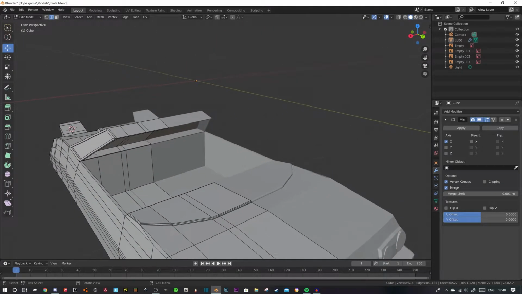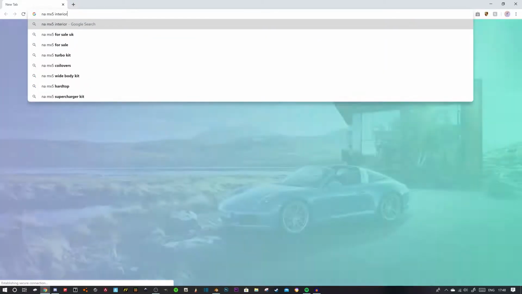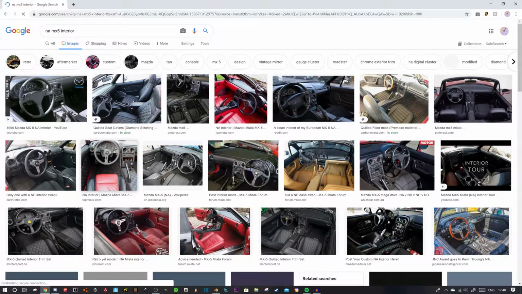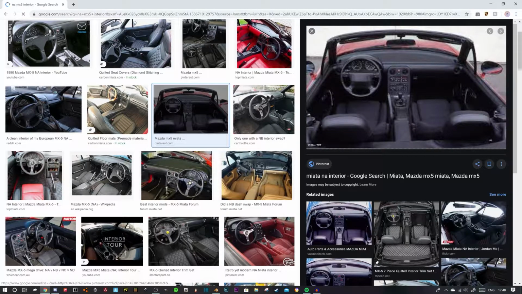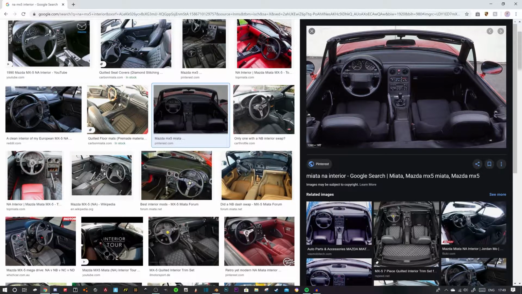Okay, now we're going to need the dashboard to be a little bit detailed, and the blueprints can't show us that, so let's look at the NA MX-5 interior, just to get a basic idea. Alright, let's see, this is a good shot. Come on, okay. So we got 2 vents,